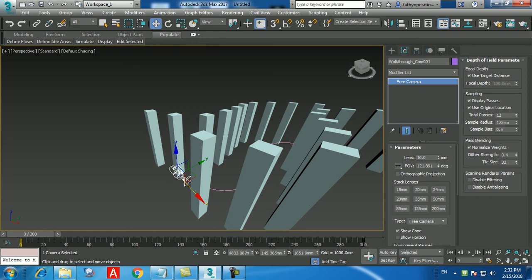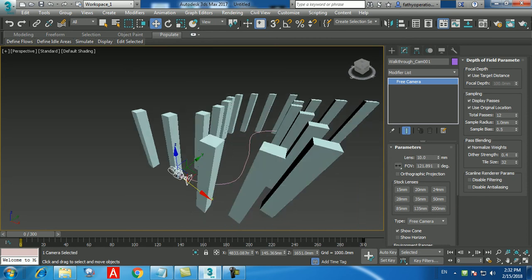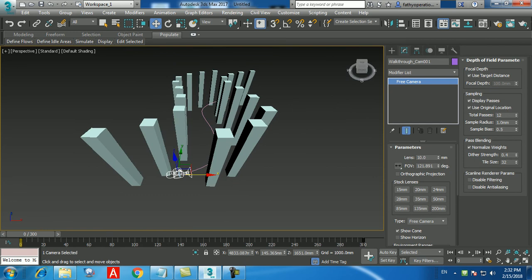Select the camera from the perspective view. Done? Okay. Once you selected the camera from the perspective view,